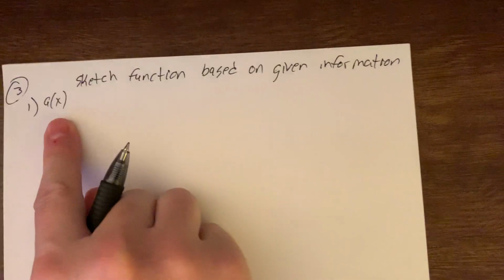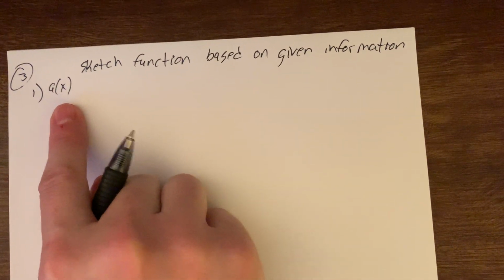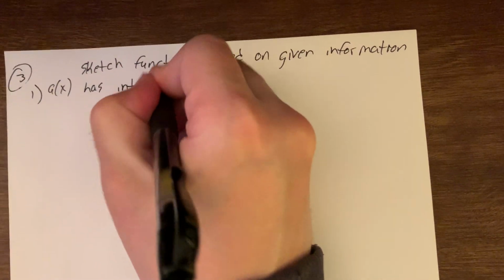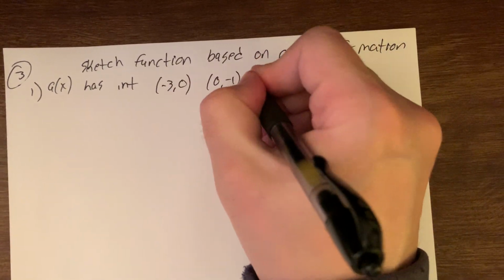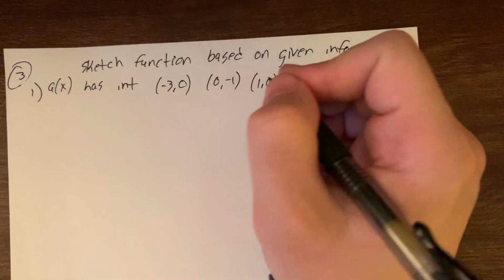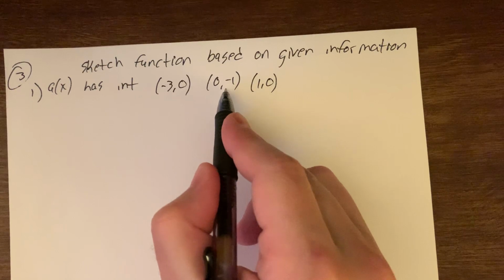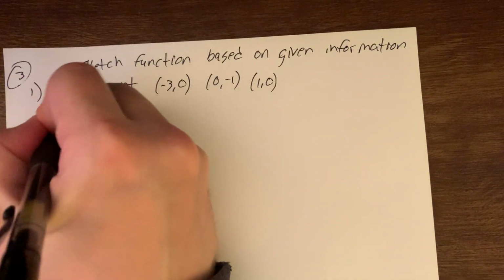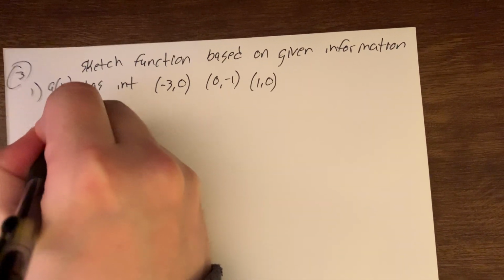And number one, we'll look at A of x, and what is it that we know about A of x? Well, we're going to say A of x has intercepts -3, 0, 0, -1, and 1, 0. Okay? I'm not telling you x or y. We should be able to look and go, oh, those are the x, that's the y. So that's just given. The next one, I tell you that the limit of A of x as x approaches